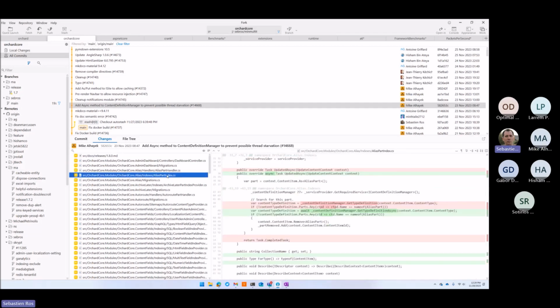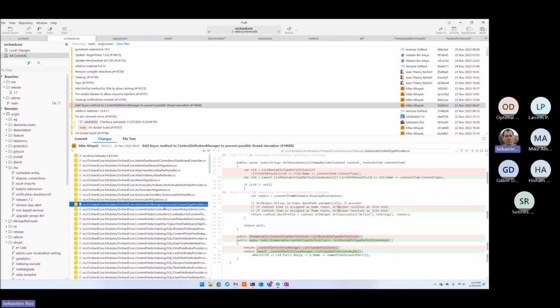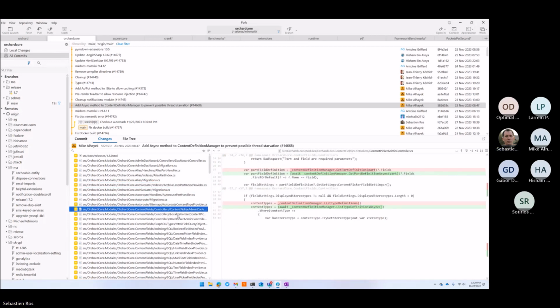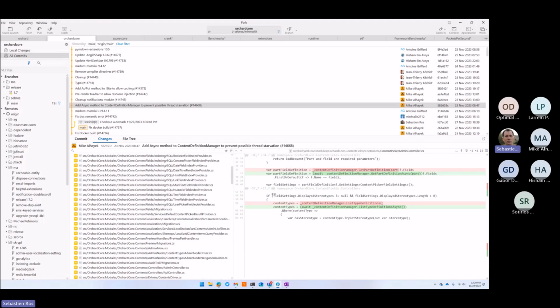is adding all the async that were required because in the content definition manager, there used to be no single async code, but since there is now a document manager and document store and whatever async thing, it needs to be async. Everything needs to be async all the way, and then every usage of the content definition manager also needs to be async now. So that's why this change is huge. Because now the content definition manager has the new async methods. So I should be made all of these.